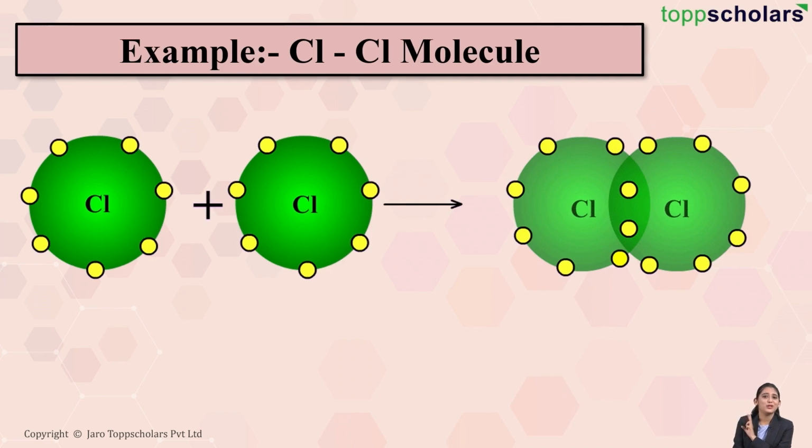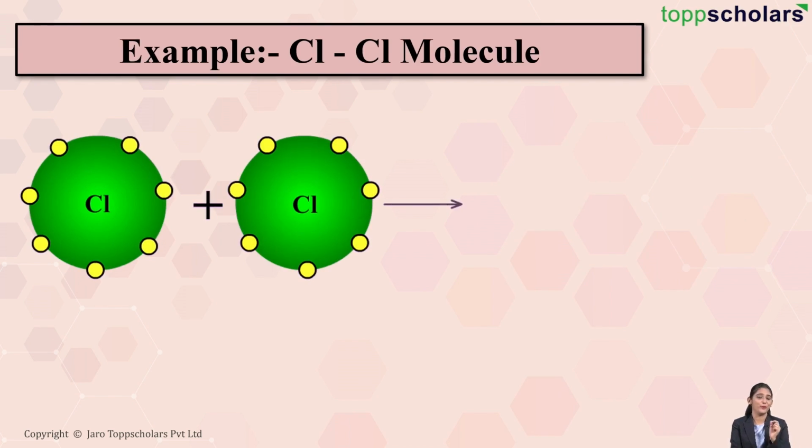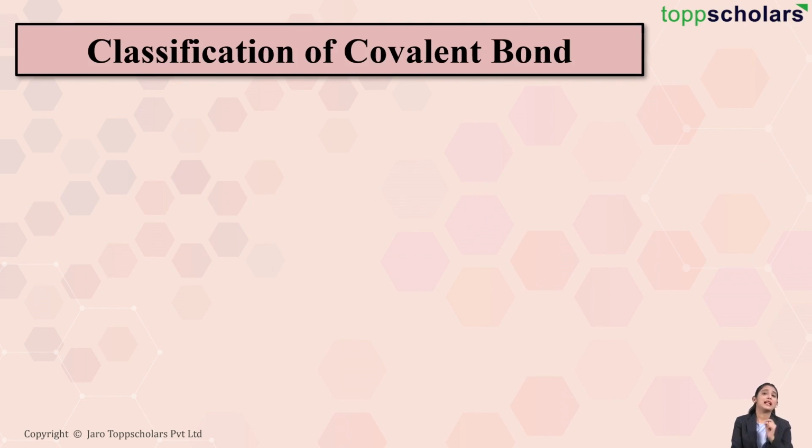So now you can see these two chlorine atoms have a shared pair of electrons, which is nothing but the covalent bond, which results in the formation of the chlorine molecule, which is a covalent molecule. Now let's discuss the classification of covalent bonds. Covalent bonds are classified into single covalent bond. Single covalent bond means that the two atoms in the molecule are bonded by a single